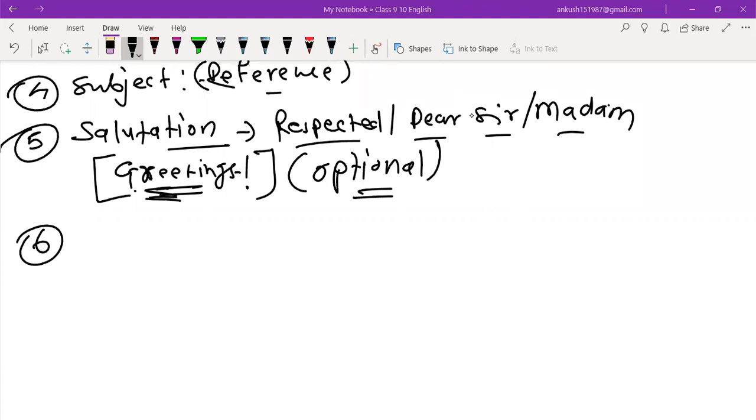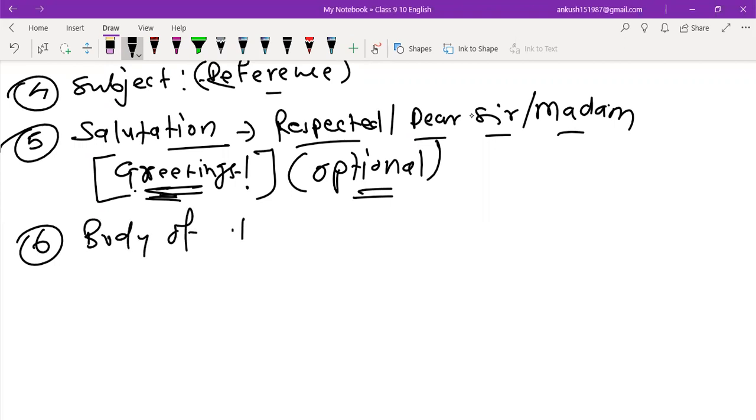Okay. So why do we write the salutation? Actually, it is used in formal letters. To greet. It is a kind of greeting to whom the letter is addressed or written. The form of greeting or salutation depends upon the relation and degree of intimacy. Intimacy means how familiar you are with the person. Okay, that thing you can see there. Now it comes to the point,